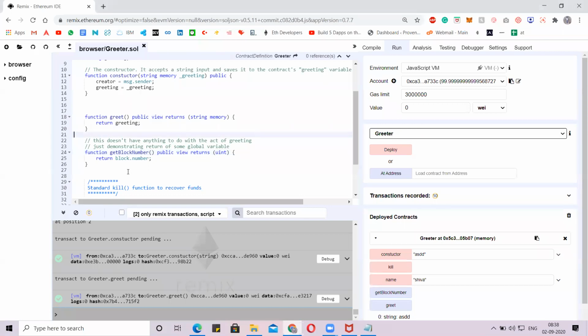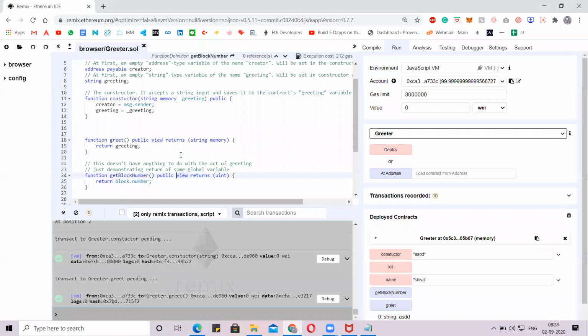This is how we play with our contract by using view, pure, state, address payable, the global variables, state variables. We can do anything we want. I mean, we can solve most of the problems. This is how the commands become very handy if you know the commands first. Okay.